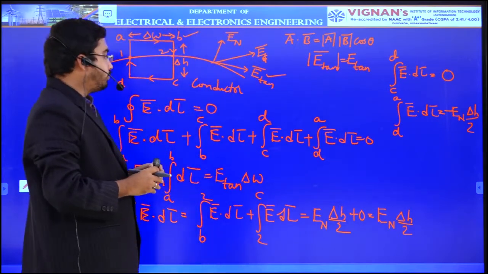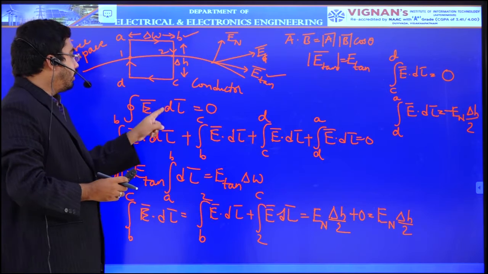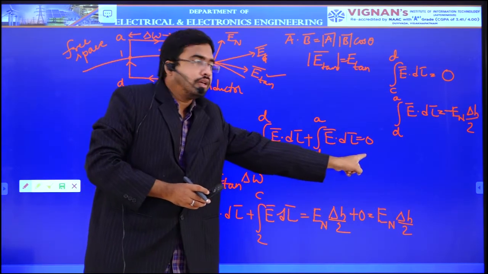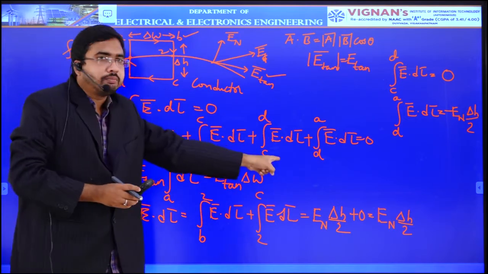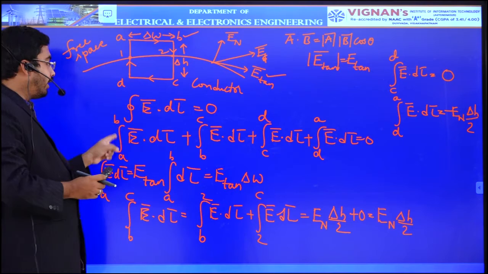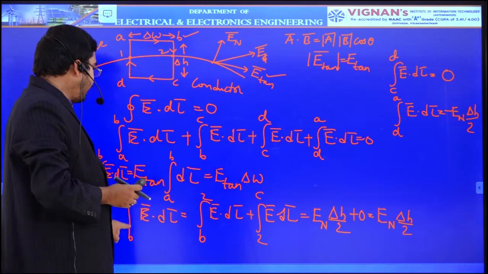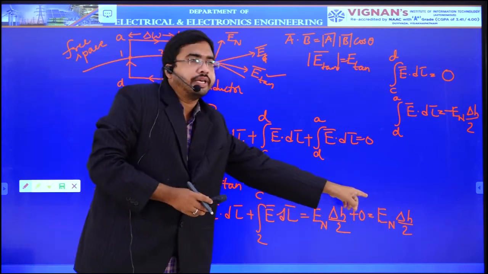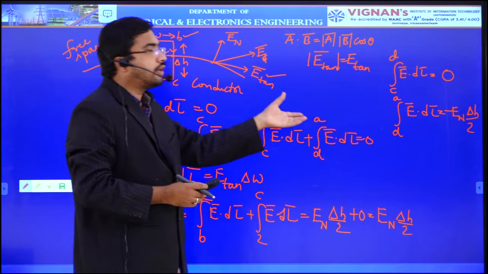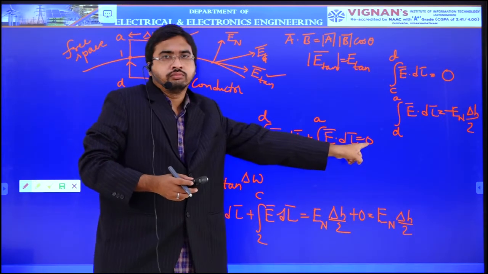Okay. So here the total E bar dot dl bar is split into 4 parts, and that is equal to 0. Among that, the CD part is completely 0 because it is inside the conductor. What about the A to B part? A to B is E tan into delta W, B to C is En into delta H by 2, and D to A is minus En into delta H by 2. So remember all those values. Now we need to add them because the sum is equal to 0.